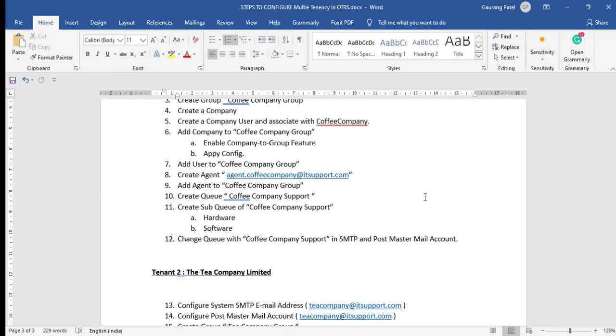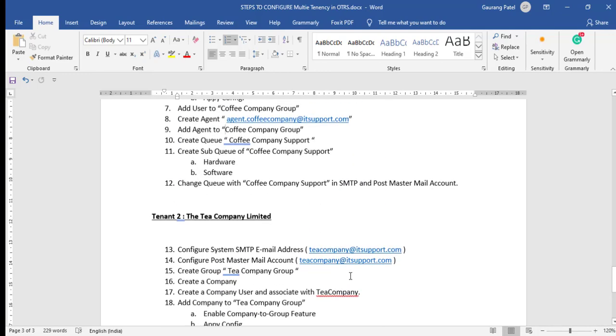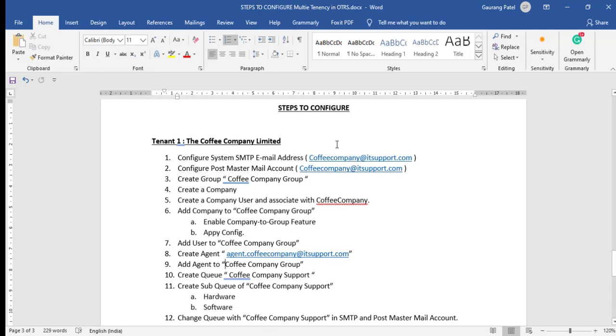Then create a queue and sub queues, because there might be different engineers for hardware, software, network and so forth. So as per your requirement you can configure it. In the last step we'll check and change the queue, because each and every company has its own SMTP and incoming email address. We'll repeat the same steps for the tea company. So let's go ahead and configure it step by step.